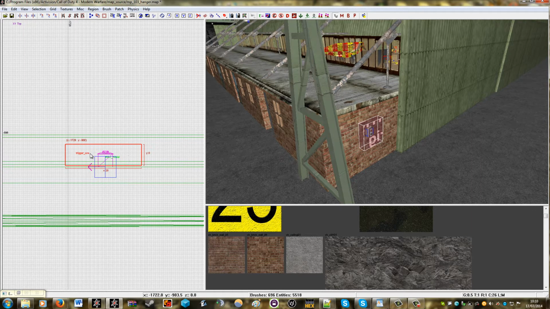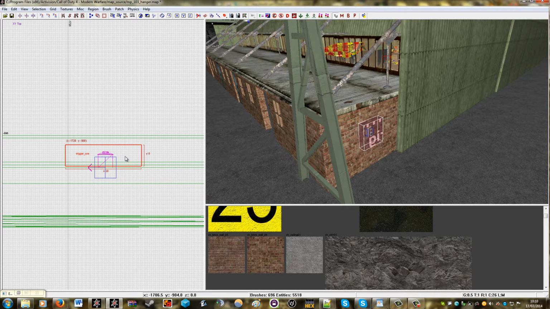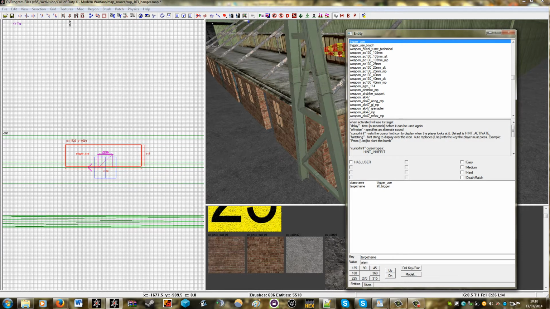And then you look at calling it, so you would right click it basically and then go to trigger, and then you want trigger use. I've already done this and it's now a trigger use. Once you've done that, leave it highlighted and then you press the N key, and as you can see now that